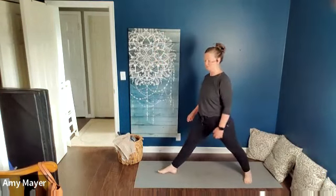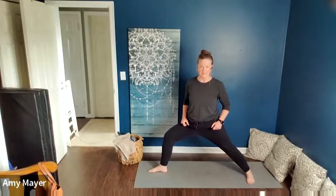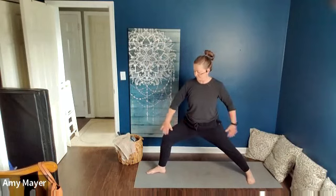This time we'll go into our warrior two. So keep the front knee stacked. Open it up as far as you feel comfortable today. Doesn't have to be as deep as me. So again, the hips are in line with the mat. And we'll bring the arms up, palms forward, squeeze the shoulder blades,